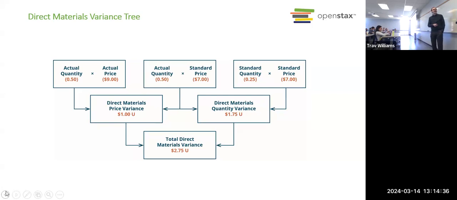So I think the harder part is sometimes knowing what's what. Because the way the information is presented to us, it doesn't always say this is the actual price. Right? Sometimes you have to kind of read between the lines to figure out what's what. But the formulas themselves are pretty straightforward. Another thing that gets tricky is when you have a favorable variance and an unfavorable. Like in this case, they're both unfavorable, right? So we could just add them together to get the total. But if one of these were favorable, then we've got a positive number and a negative number, and then that can be a little tricky sometimes trying to figure out what the combination is.